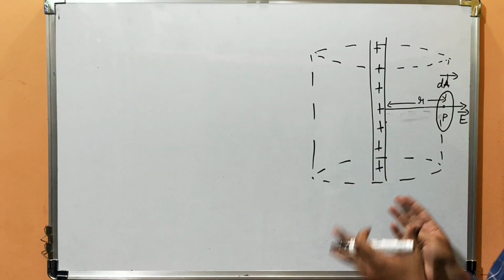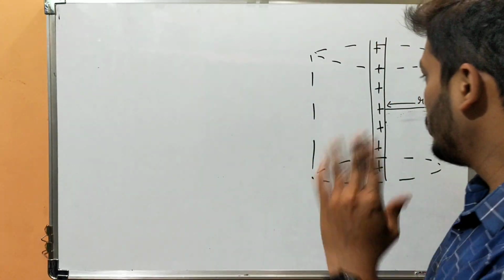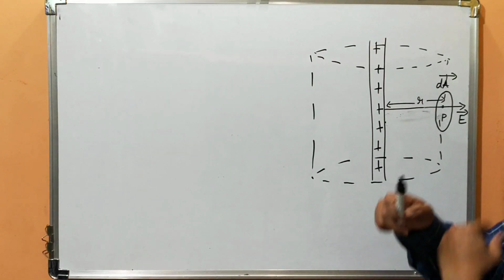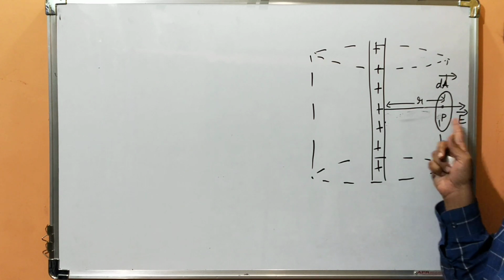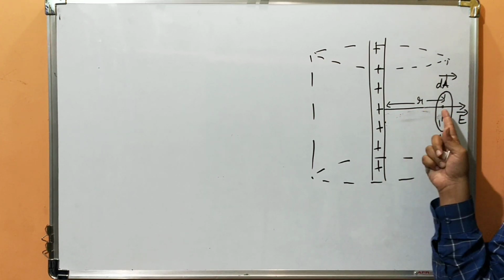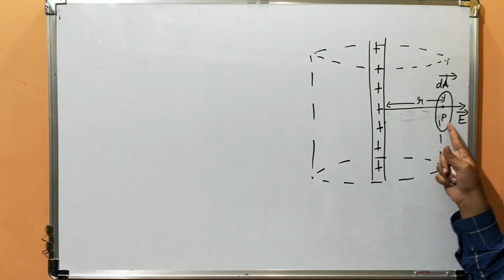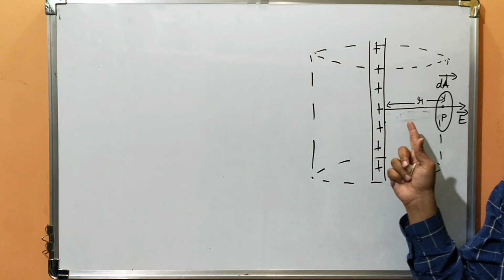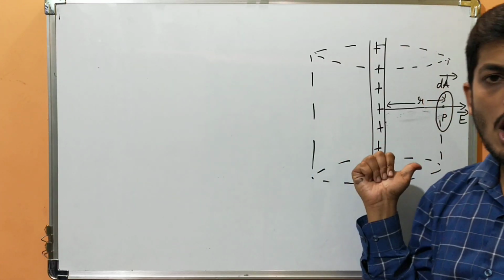So this is my consideration. It is very important to write the consideration in an exam, okay. So how do you write a consideration? I have a uniformly charged wire which is infinitely long. We need to find electric field at point P. So let R be the distance from the wire to the imaginary cylinder which I have drawn. The electric field will be radially outward since it is a positive charge. Since it is a positive charge, the electric field lines are always radially outwards.